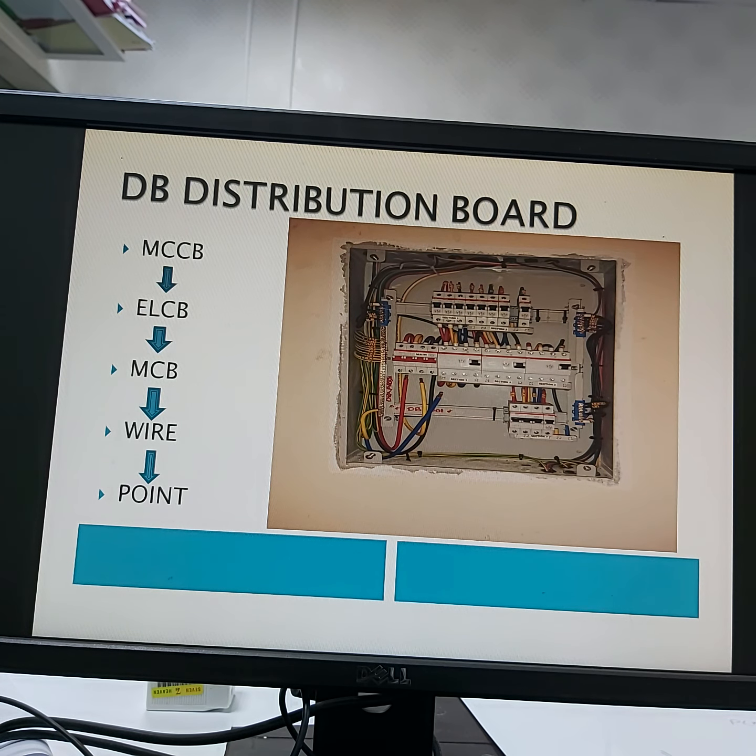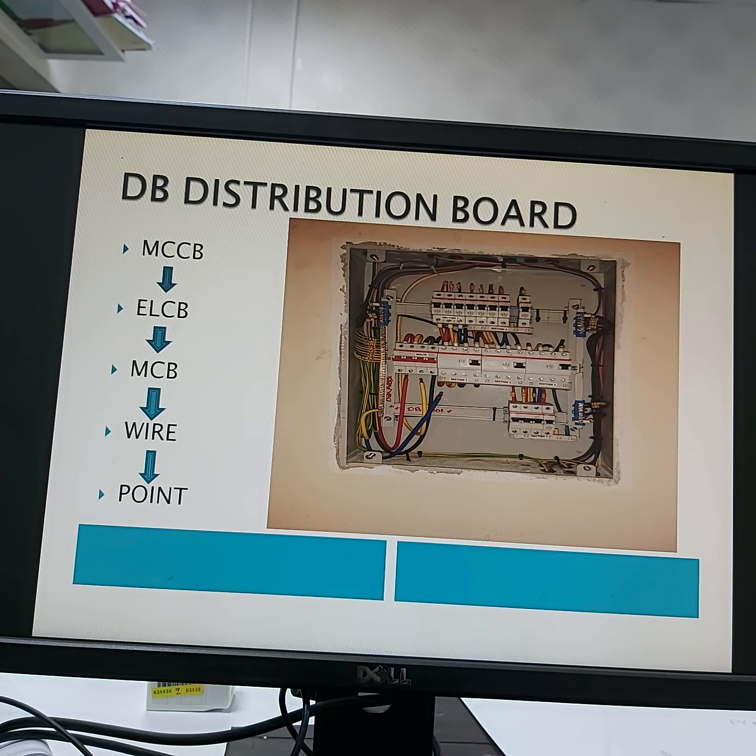I hope you understand all these basic things. So now you have learned how to convert kilowatt to kVA, kVA to kilowatt, and HP to kilowatt, and then what is MCCB, where we can use it, what is ELCB, MCB, wire, and where this wire will go.